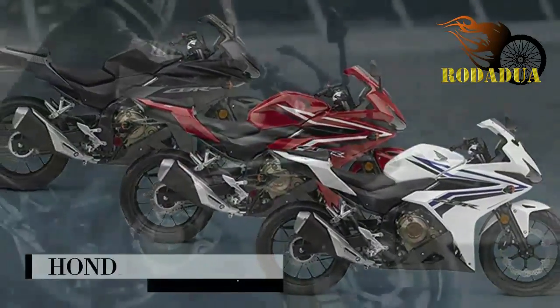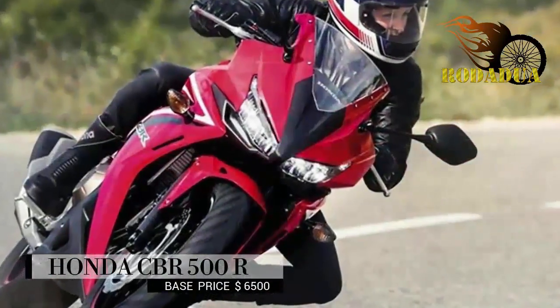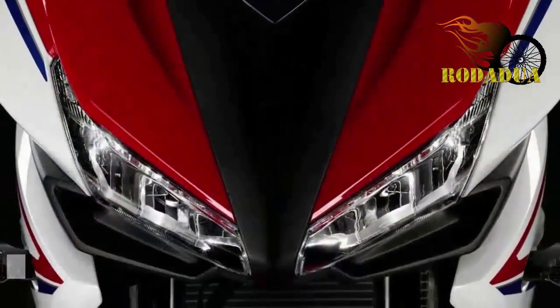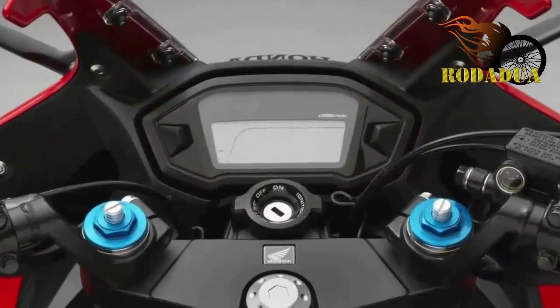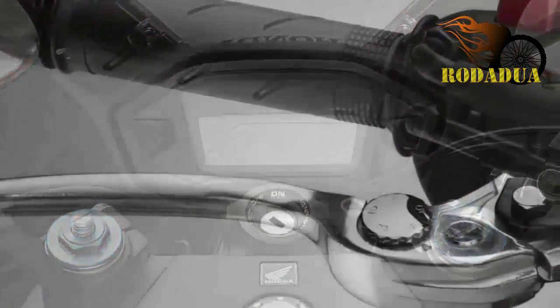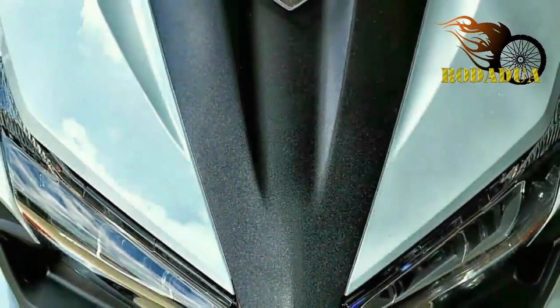The 2017 Honda CBR 500R. Honda's middleweight sport bike, the CBR 500R, is one of those rare bikes with wide appeal. It's a great machine for first-time riders as well as seasoned enthusiasts that appreciate the nimble size, low price, and